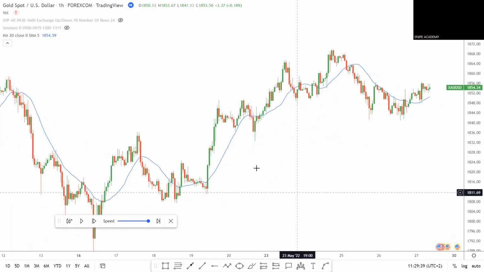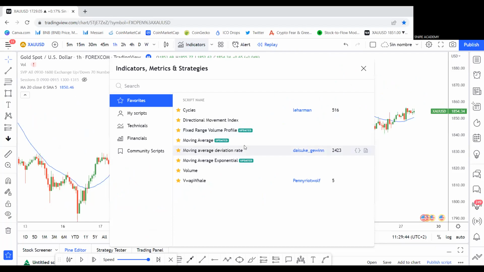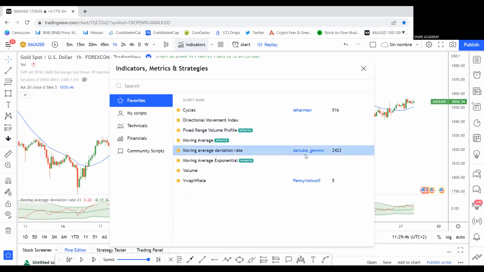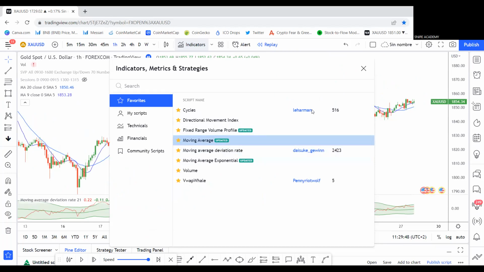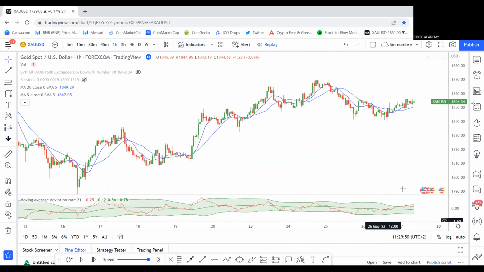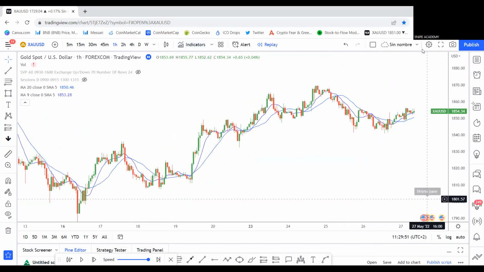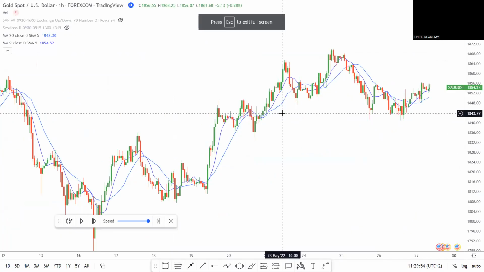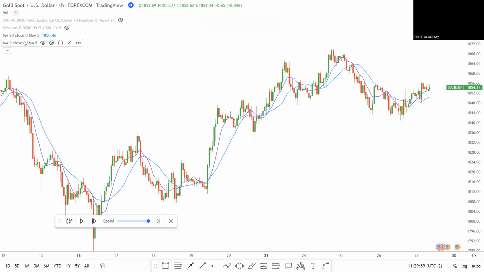And let's see if I can duplicate it. Well, let me add another one. Sorry guys, let me add another one and delete this. Moving averages can be useful to some people, not for me, to identify the trend. So, wait, my mouse is not working now, hold on, sorry.